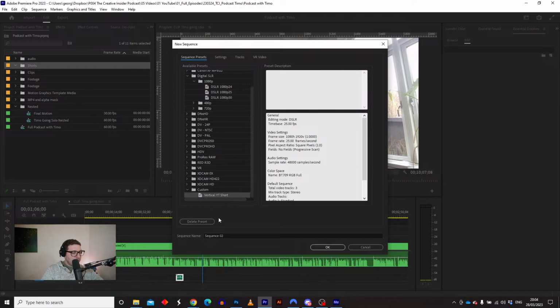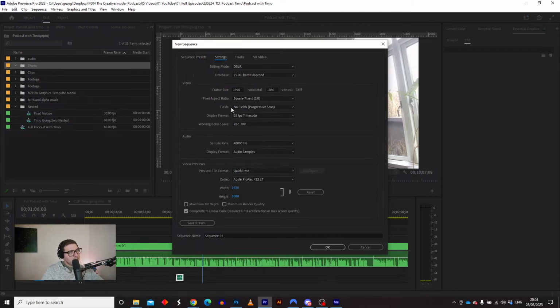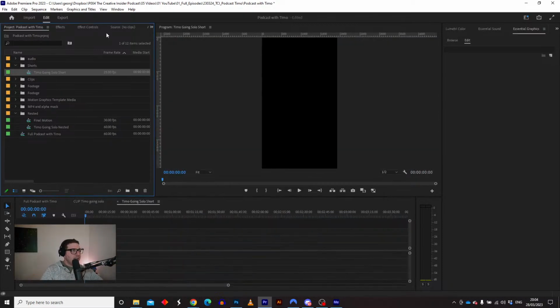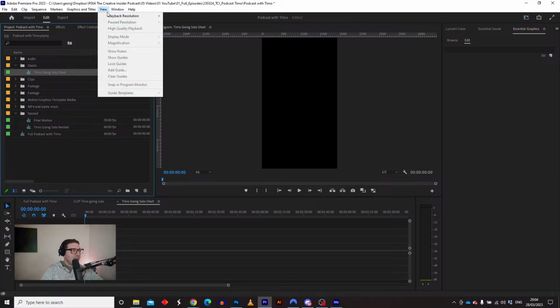I've saved this preset. If you don't have the preset, you can take, for example, this or this, go into settings and invert these numbers to 1080 by 1920 and call the sequence Timo going solo short. And we have this thing. So what is happening in the latest